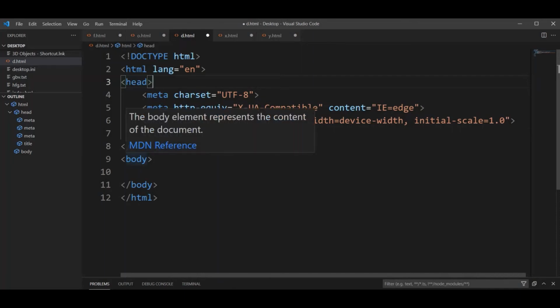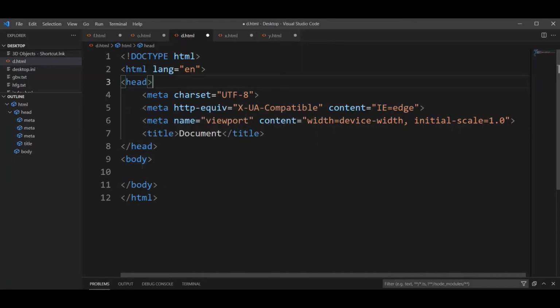Now we will understand what is the opening body and what is the closing body. In the body we can add all the data related to websites. It is mostly used in the body tag. This is the HTML opening tag. This is the HTML closing tag, friends. And already I have told you, friends, what is the body. We can add all the content related to websites.